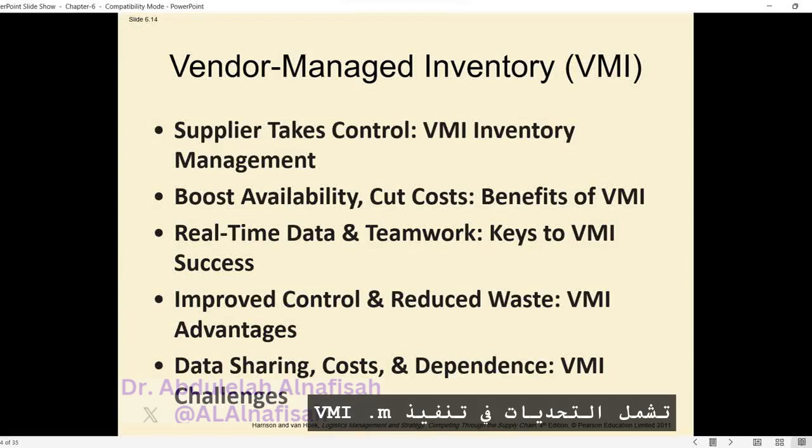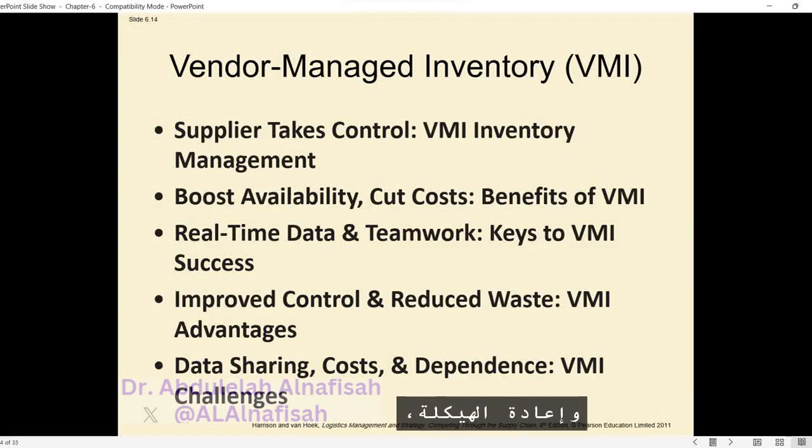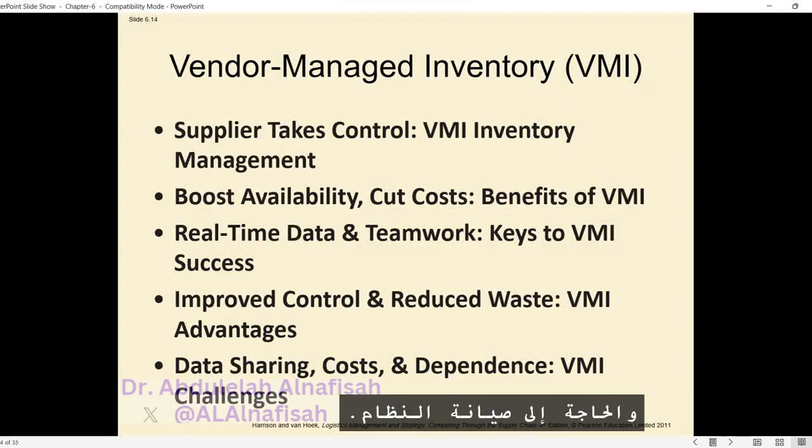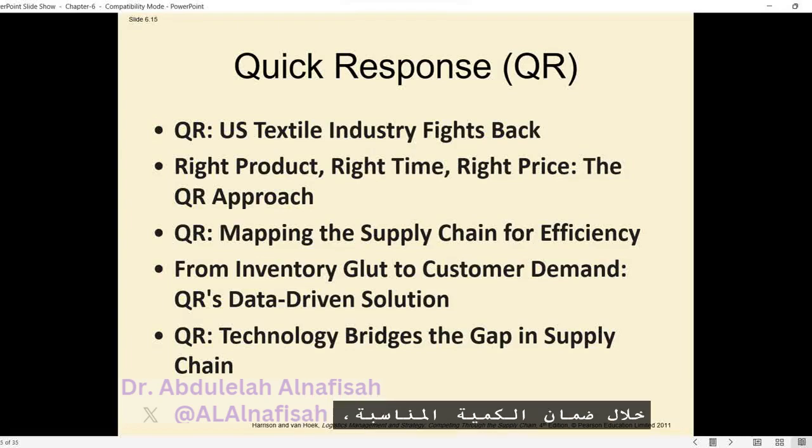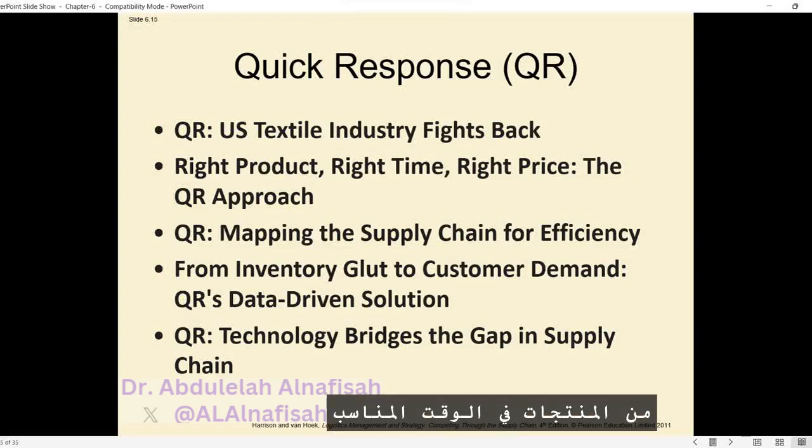However, challenges in implementing VMI include retailers' reluctance to share data, managing seasonal products, high investment and restructuring costs, increased retailer dependency on suppliers, lack of standard procedures, and the need for system maintenance to ensure accurate inventory records. Quick Response (QR) is an approach developed in the US textile and apparel industry to address competition from overseas manufacturers. It focuses on meeting customer demand by ensuring the right quantity, variety, and quality of products at the right time,